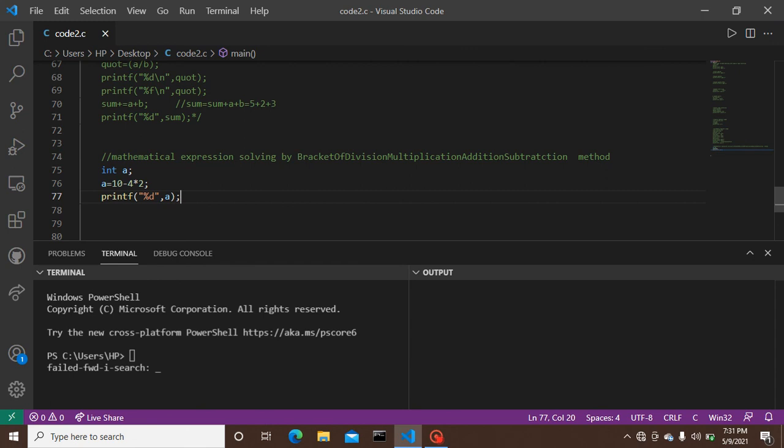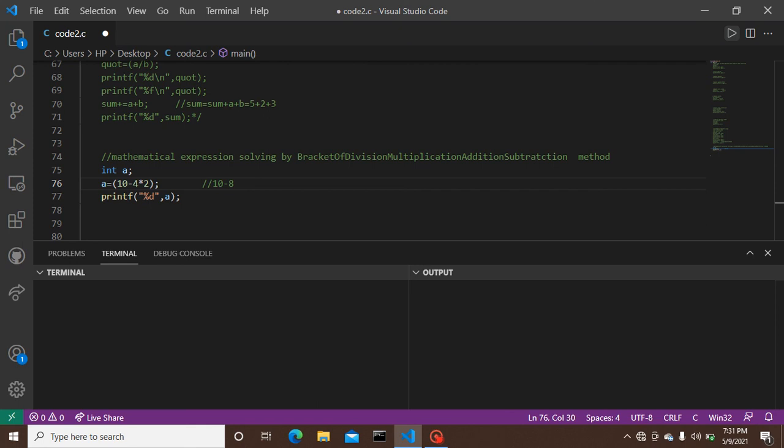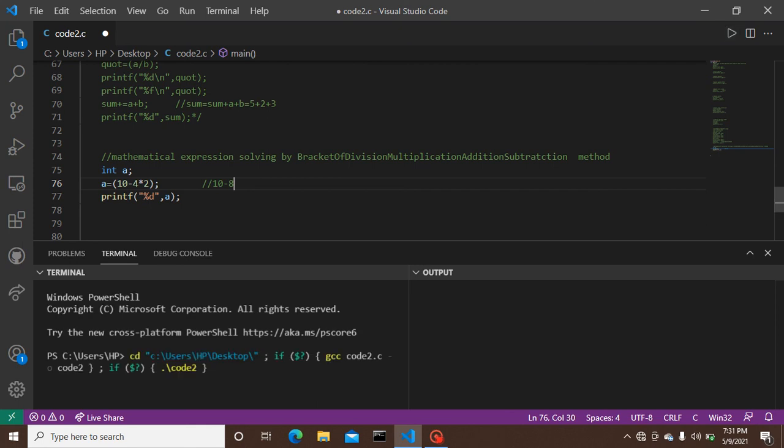So this expression proceeds with the BODMAS method, which will print 10 minus 8. According to the BODMAS method, when we run the code, it will give an output of 2 because we have declared a to be of integer type, and it will give the output of a.